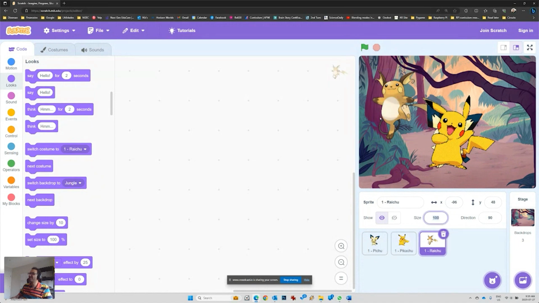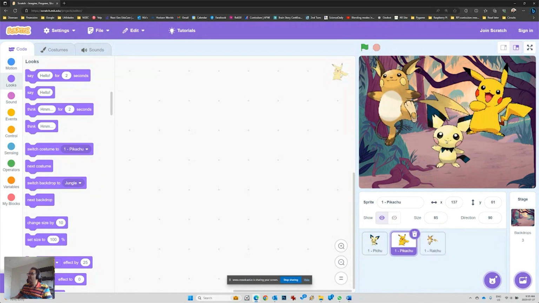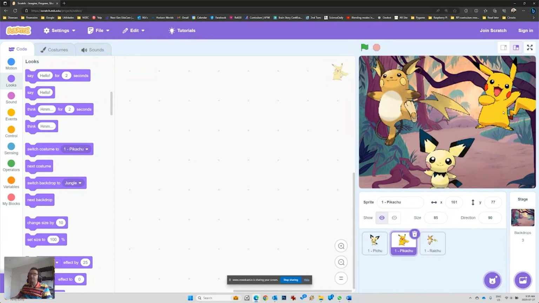And then my Raichu is actually a smaller image, right? So I will make sure to make it bigger. So let's go with 120. Not quite what I wanted, so let's go with 130. Oops, not 130. There we go. Okay, so now you as a student can just have every Pokemon that you want